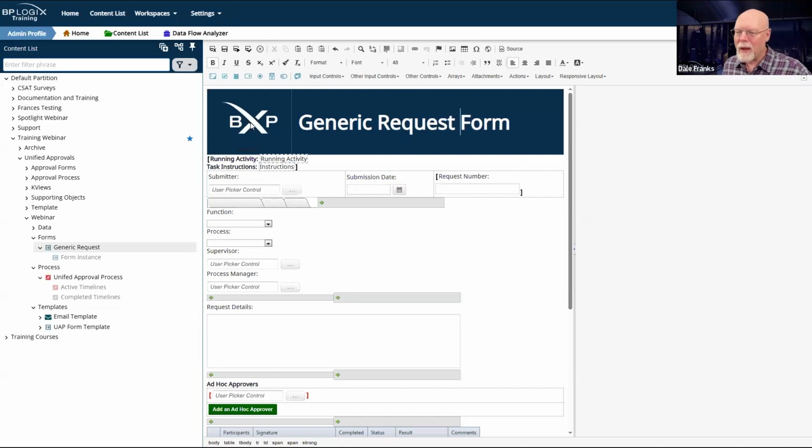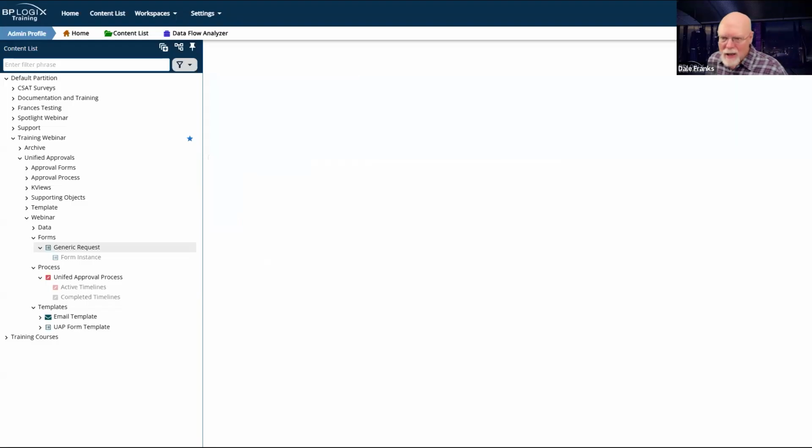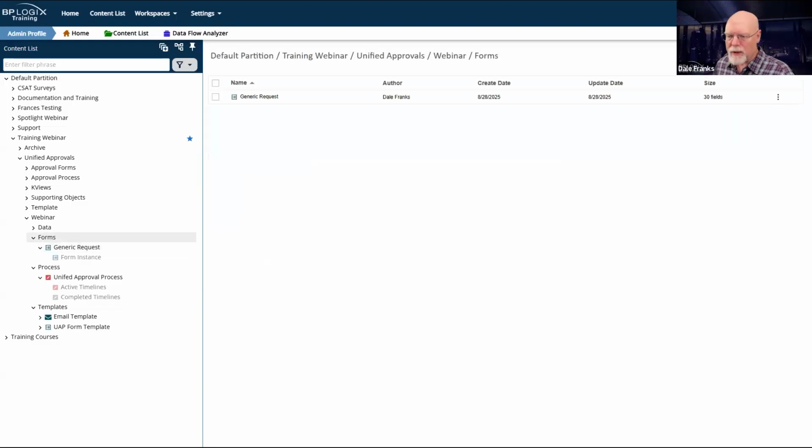Request form. So it would have that name that matches the name that I gave it. So in this case, I didn't do anything special. I just created a generic request form. I've renamed it generic request. It's exactly like the form that I imported. And if I had generic requests like this, I could be reasonably assured that this form works in the way that I want it to work.